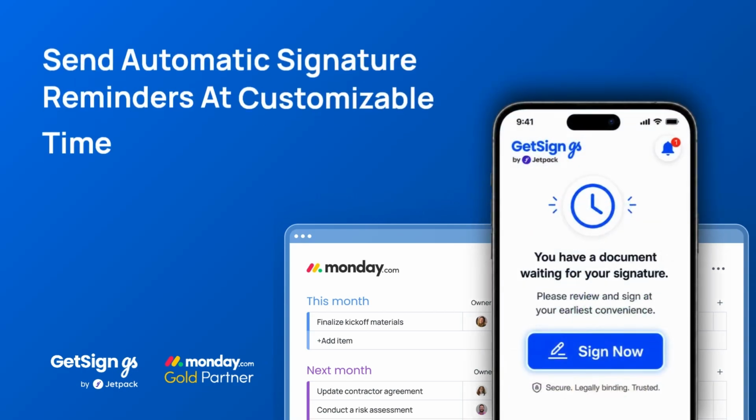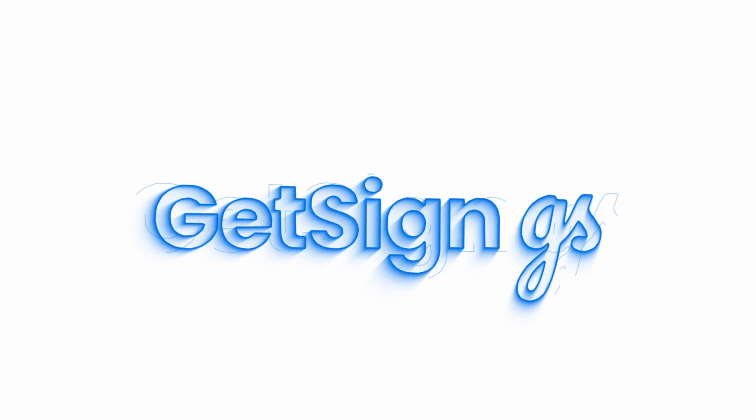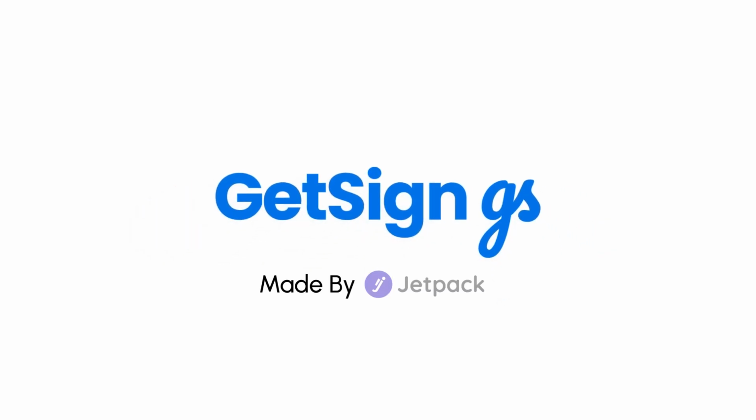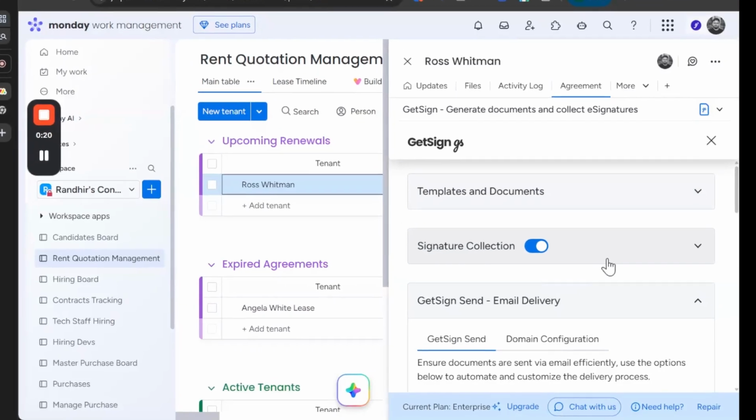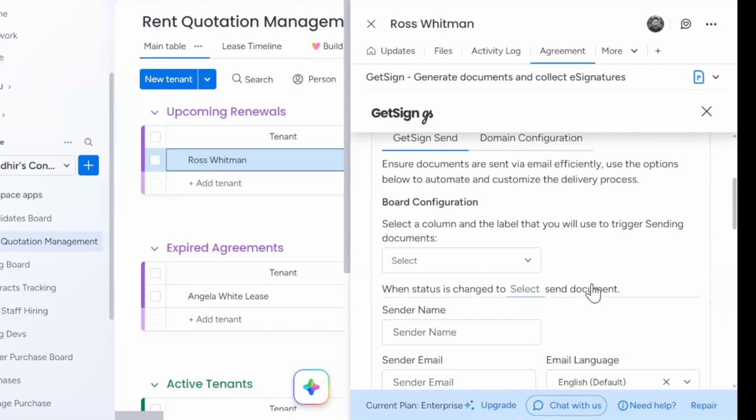In this video, we are going to see how you can now control when and how many reminder emails to send to your signers in GetSign. For every new GetSign setup from now on, in the GetSign Send Email Delivery section, you will see an option